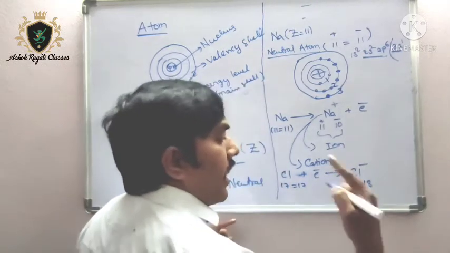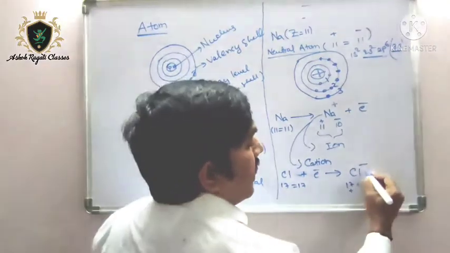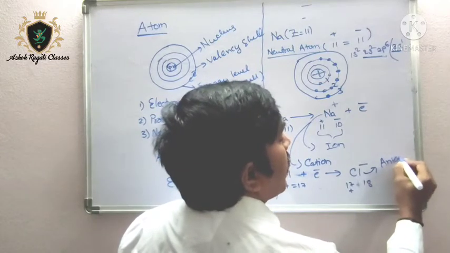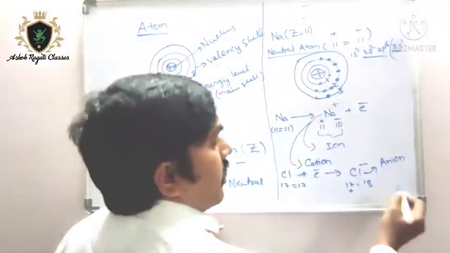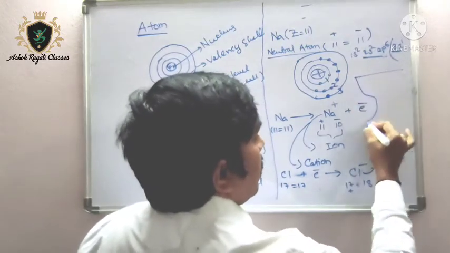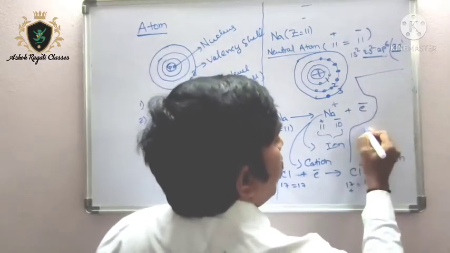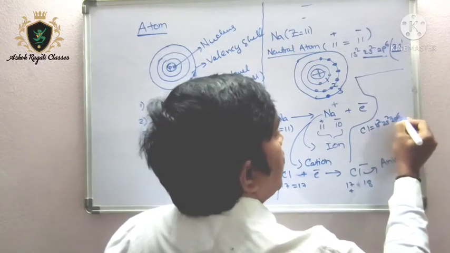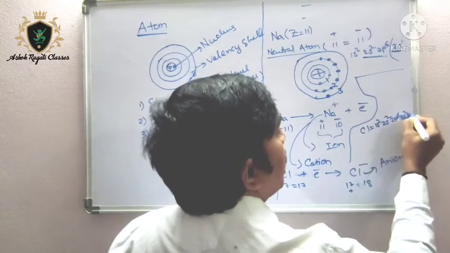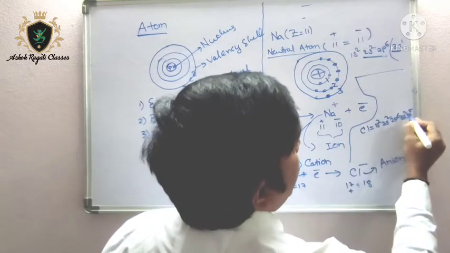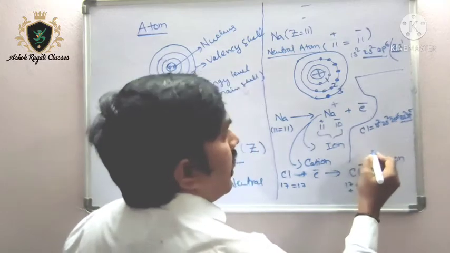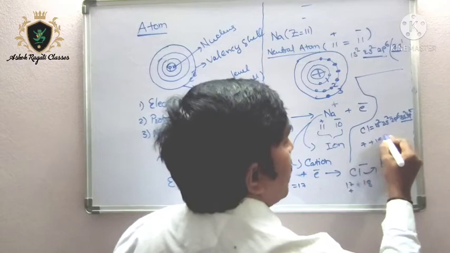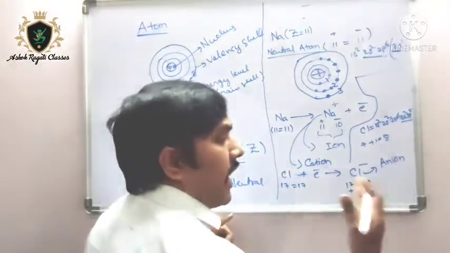So one excess negative charge is there, and that's why it becomes a negative ion called an anion. The chlorine configuration is 1s2, 2s2, 2p6, 3s2 and 3p5. 3p5 means the outermost shell of chlorine contains 7 electrons. So 7 electrons plus 1 becomes 8. By becoming an anion, chlorine